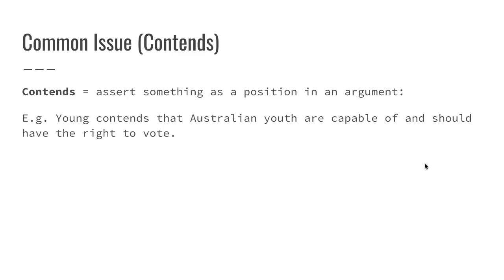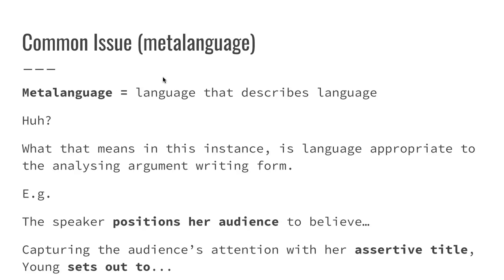The other one that I am familiar with misuse of is conveys. Conveys is a similar word to shows. So conveys and shows should not be next to each other in a sentence. They should be one or the other. So if you're using conveys, think about whether you could substitute it in for shows, because they have a similar meaning. All right, common issue, meta-language.